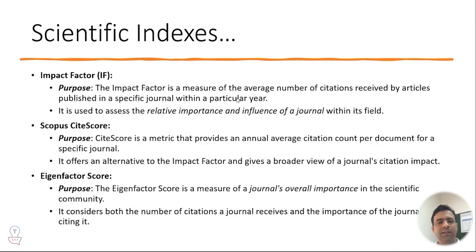Impact factor measures the average number of citations received by articles published in a specific journal within a particular year. Means within a year, in a particular journal, how many citations a particular article has received. So it's a measure of the average number of that. Again, impact factor was initially started by the ISI,